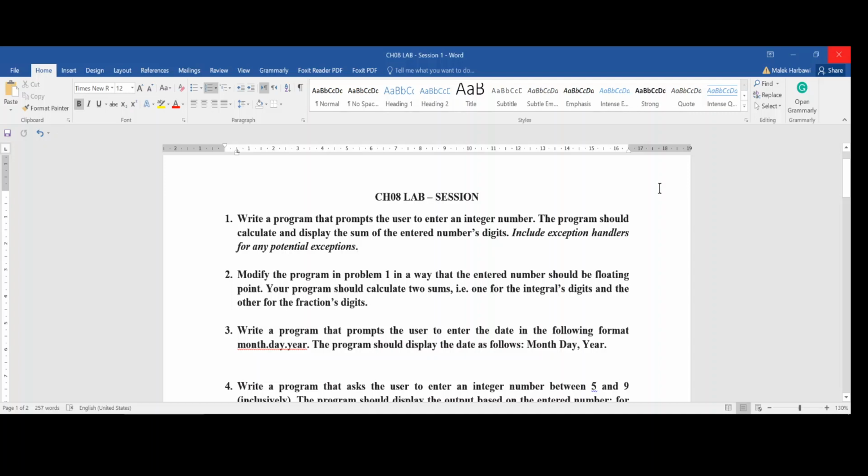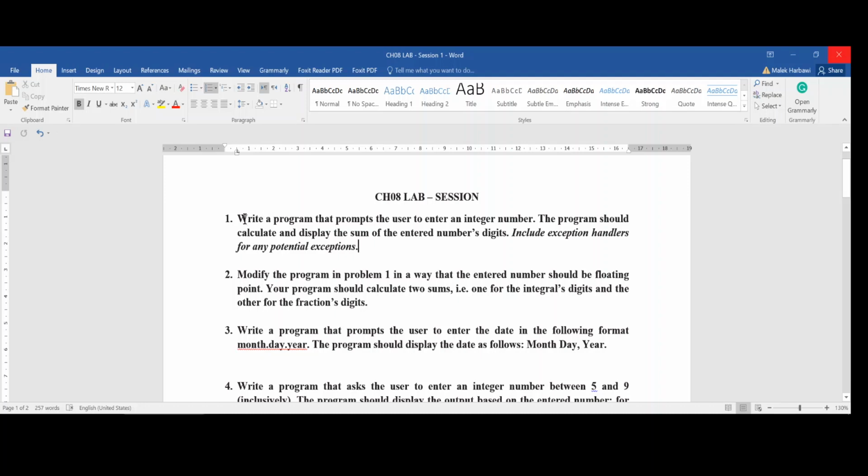Hello and welcome to the Chapter 8 lab session of YMT218 Object-Oriented Programming, and we are discussing questions actually more focused on strings. So we will discuss these questions, and keep in mind that we are just focused on strings, so we will try to solve them using string methods or actually